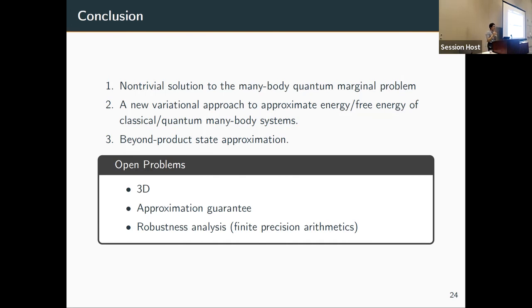Yeah. Thanks for a great talk. So tensor networks provide an efficient parameterization of many-body states. Is there a way of finding an efficient parameterization of the states which satisfy the conditions that you described? Well, in a way, this actually gives you a tensor network. It's just that we end up not using it unless you're interested in a long-range 2-point correlation function. So this would be one way, but there's also interesting work like isometric tensor networks, which is actually efficiently contractible. So maybe that would be one way.